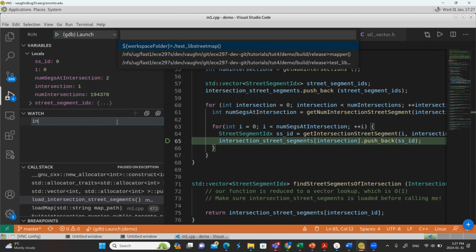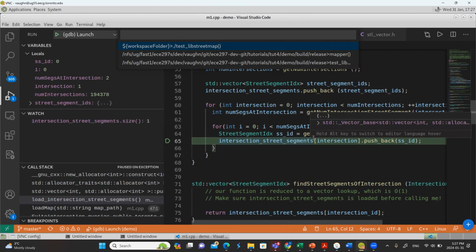Even though the program isn't running anymore, I can say, let's look at intersection street segments. Let's look at how many elements are in it. Okay, and it actually tells me the size of intersection street segments is 1. So it actually kind of lines up with what the debug check build told me.